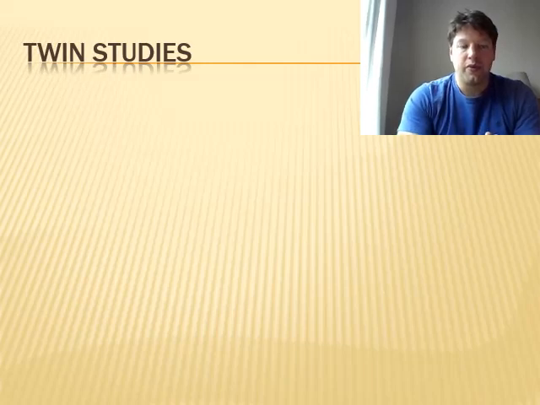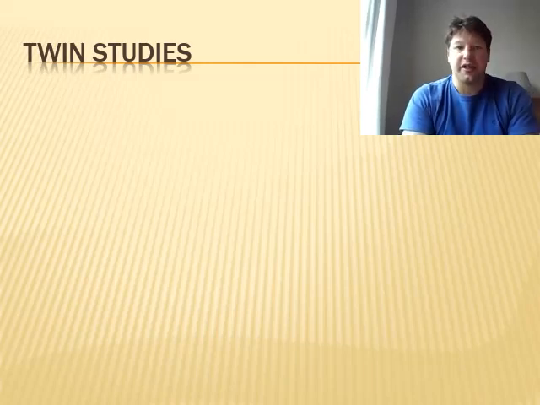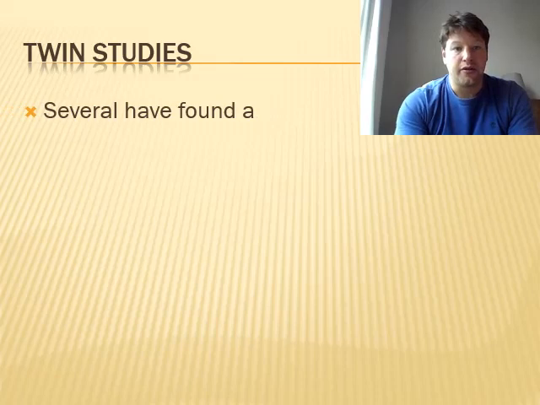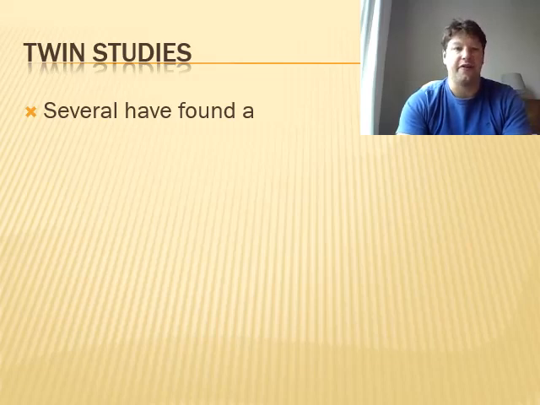Okay, a lot of the use is going to be about twin studies. Why they use these will become more apparent, but one of your AO1s is going to be basically titled twin studies, and I'll take you through that now. So several studies have found a hereditary link. Okay, it accounts for 50% variance. If you don't understand the idea of variance yet, just jot that down, and we'll come back to it.